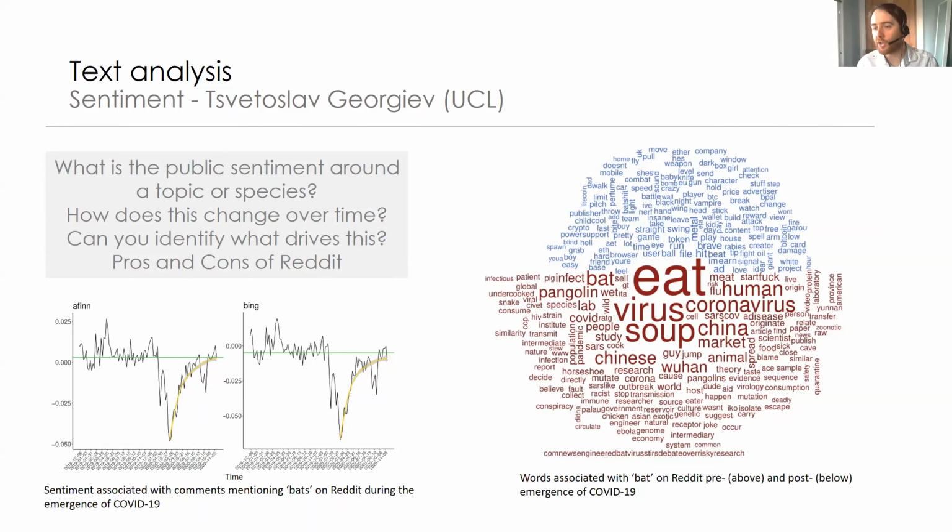On the right-hand side, you can see the word association with bat. Bat was our search term that we were looking at. The red below are words associated with bat during this negative peak. The words above are those associated with bat in the period preceding the pandemic. And you can see the misconceptions here around eating soup. These are misconceptions about the emergence of